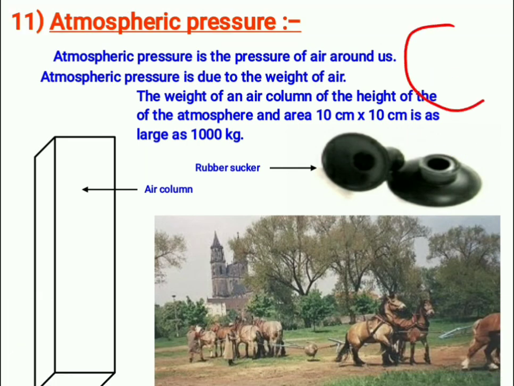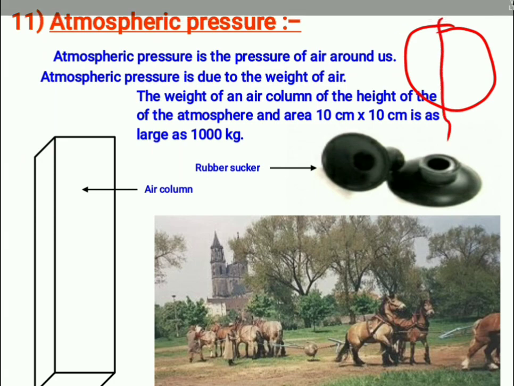a ball, this is the ball, a round ball. If you cut it into two, it becomes two hemispheres. Understood? So like that, he has taken two hollow metallic hemispheres. Hollow means what? Nothing is there inside it. It is made of metal, and he removed all the gas from the metal.